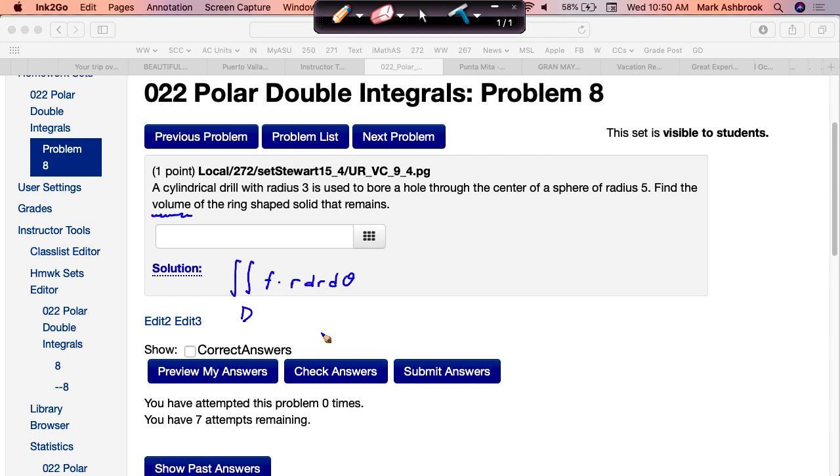So the question is, let's understand the problem, right? Let's draw a picture, let's understand the problem, and see how we might use a double integral, what we understand about double integrals, to help us solve it, right? So,